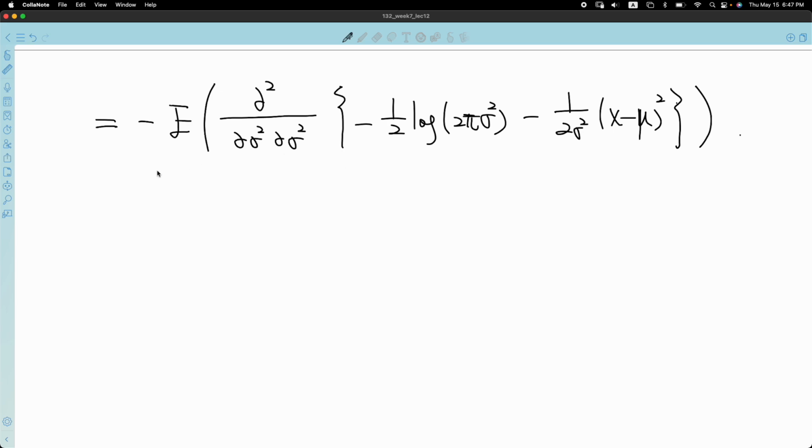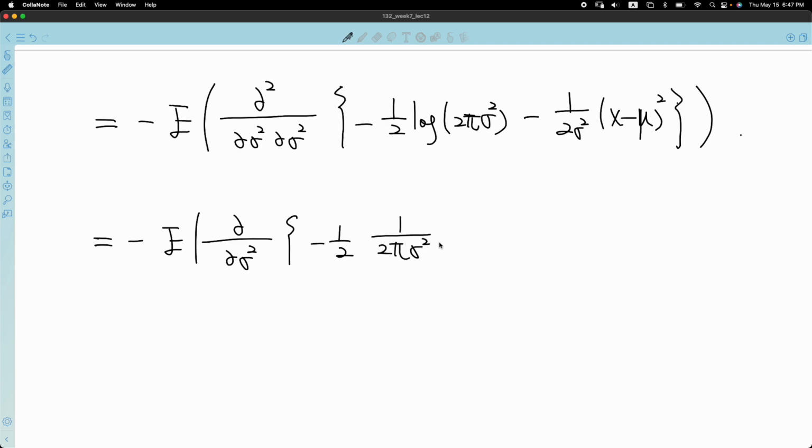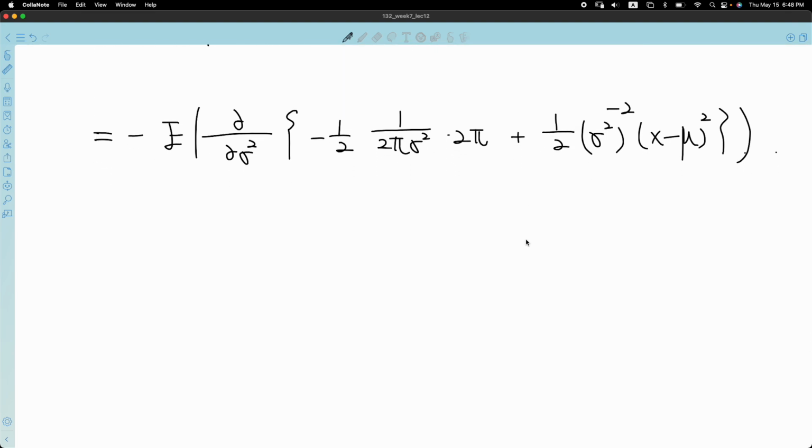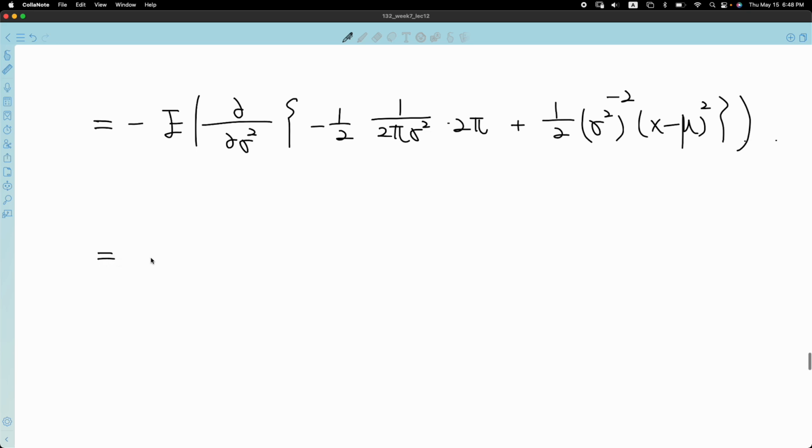So let's work on the first order derivative first. The expectation means you only have one derivative, and now let's work on the derivative of that. You should have 1/2. I think you can just directly borrow from the previous part. So 1/(2 pi sigma square) multiplied by 2 pi. This is the same thing that we get from above. Sigma square raised to the power of -2 (x minus mu) square. Closing the curly bracket, closing the bracket for the expectation. So this line here is just what we get from above, okay? You already have that. Now taking a second order derivative,